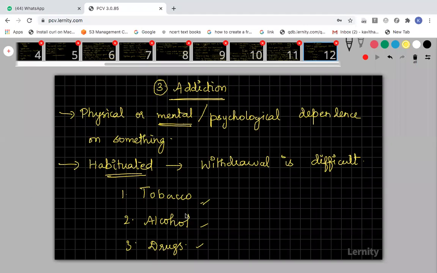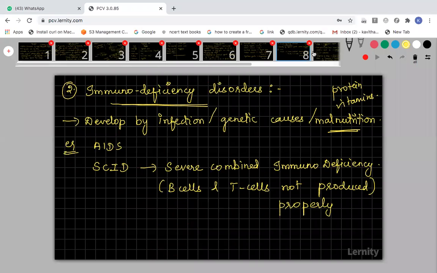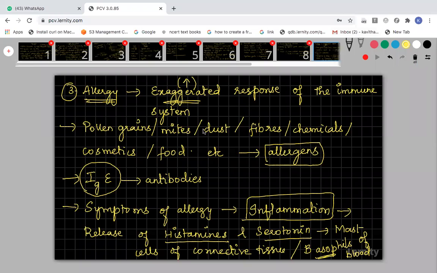So it is very simple. The addiction part is very easy. Tomorrow we shall complete this, and Monday we shall start a new chapter. I haven't decided what the next chapter is, so tomorrow I will tell you which chapter I'm going to start on Monday. So students, please start preparing for your exams. Hope you have copied all the slides. I'll stop sharing, and we can see you tomorrow. Thank you so much.